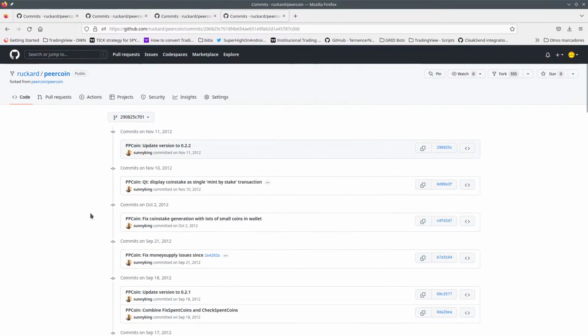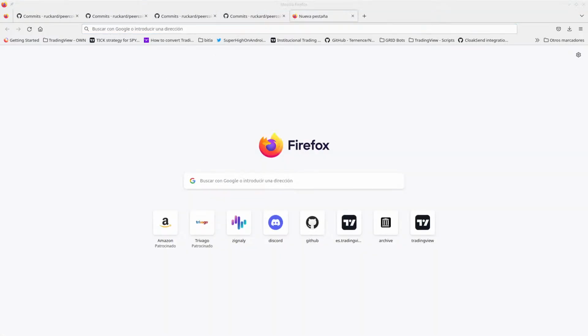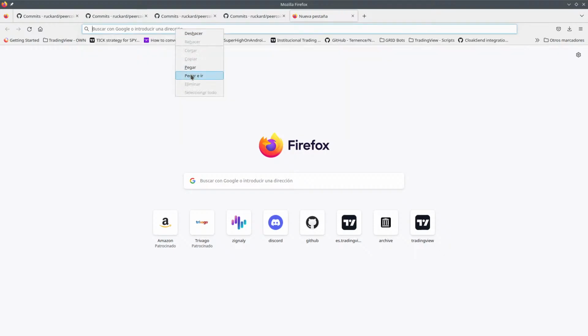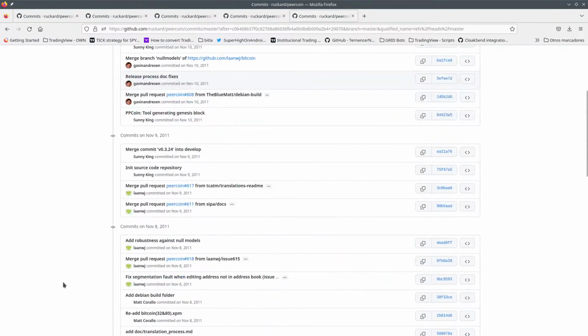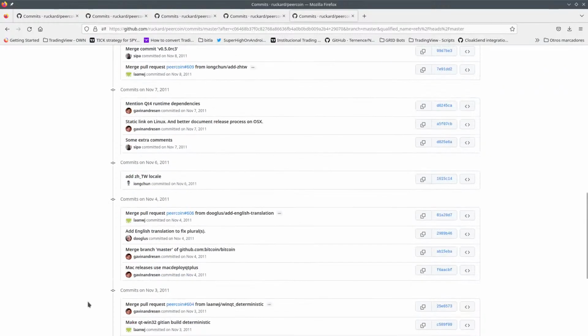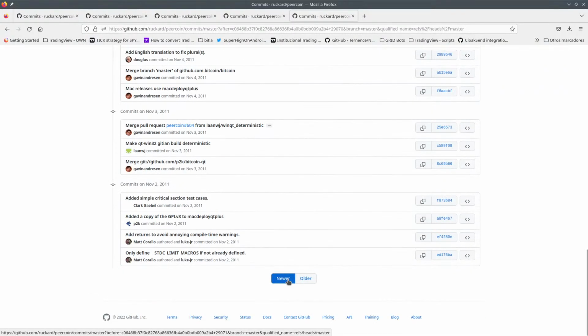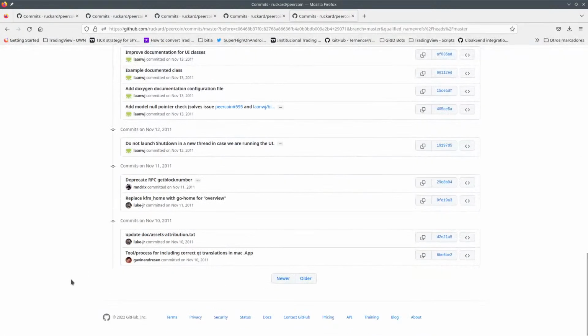Let's open the commit so that we can take a quick look. Now we are going to open this history, which we thought was the best thing in the world, replace icons, newer, first commit from Bitcoin. Okay,